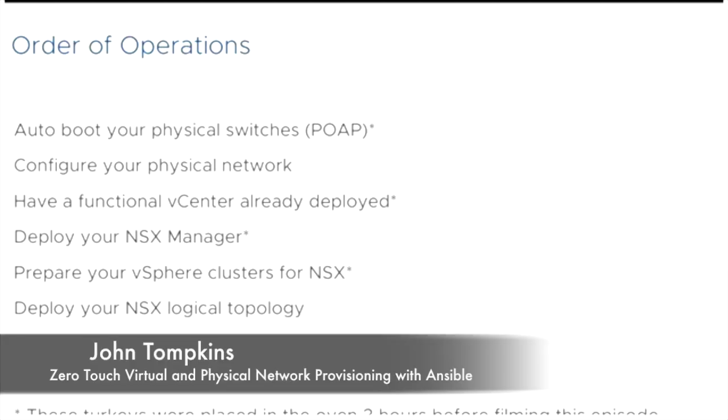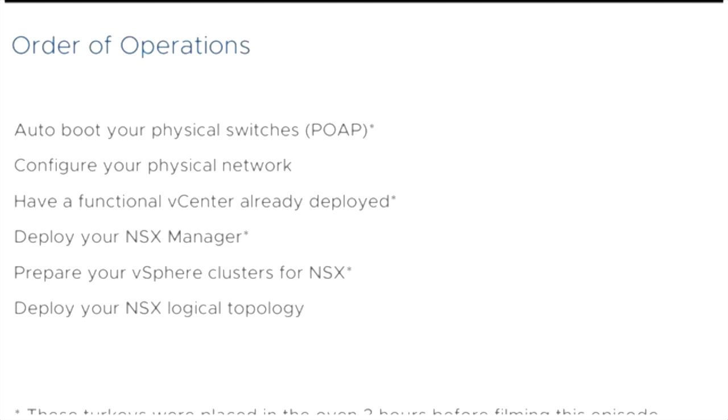Demos here that actually walk through some playbooks. I'm going to show a video from a pre-recorded configuration of how we set up our switch. We configured a VLAN, hooked up a couple of edges to it, and then deployed the entire NSX topology with a DLR. So the ones with the asterisks here, to use the old cooking show analogy where they throw their dish in the oven and they're like, I just magically happened to have started one of these 2 hours ago